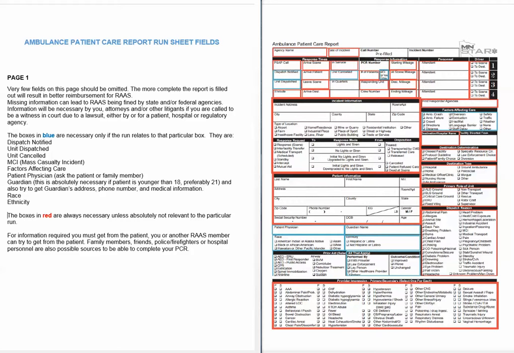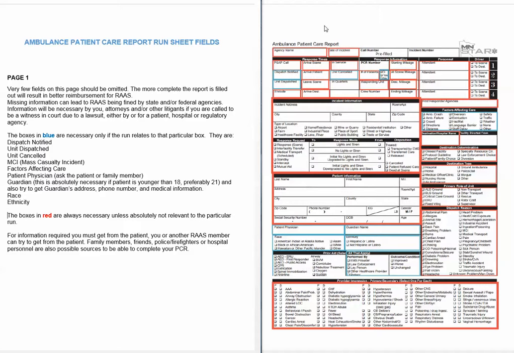There have been ambulance services that have actually had to shut down because of the monetary damages that they've been assessed because of some of these situations. We have been very lax at this. We must get better. Instead of looking at these fields and saying I'm going to do this on this run, so I only need to fill this and this and this,